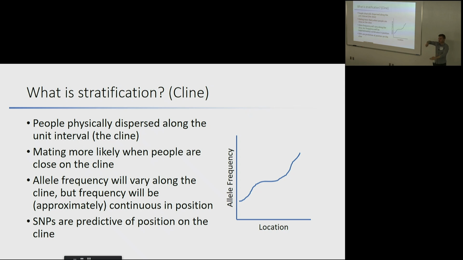So again, you'll see frequencies moving up and down by chance, just based on who's mating with whom, but because a person near 0 is unlikely to mate with a person from 1, you may start seeing differences in allele frequencies across the cline. It will in general be continuous in this very simple model, but there's going to be some sort of continuous relationship. And we have the same kind of problem. So if we did a GWAS in this population, if there are environmental differences that affect this group differently than this group, a person's genes predict where they are in the cline, and so that's going to introduce bias.